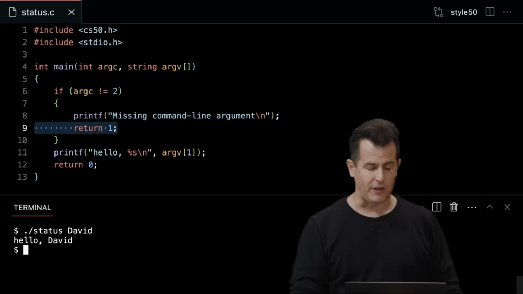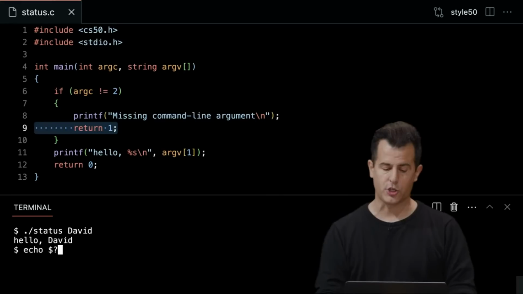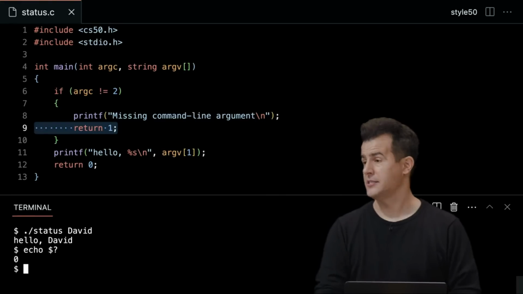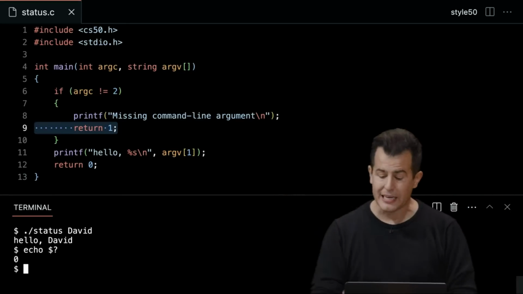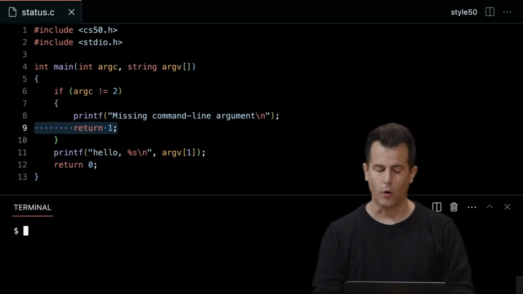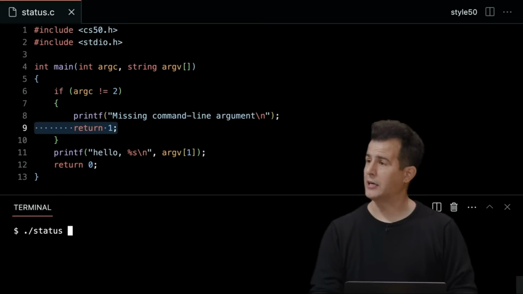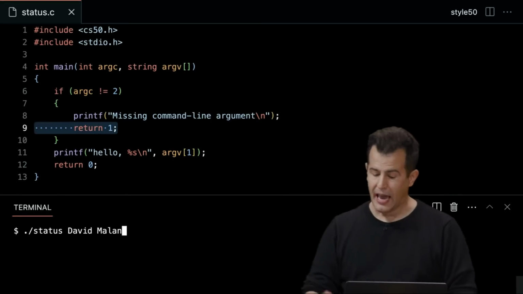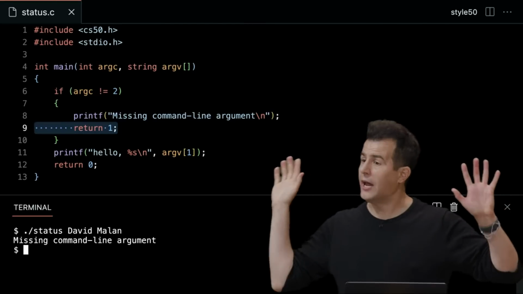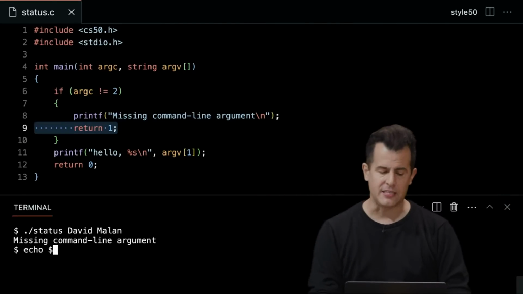So if I do this in VS Code, I can do echo $? Enter, and there's that secret 0. I could have been doing this this week and last week. It's just not that interesting. But it is interesting, or at least marginally so, if I rerun status and maybe I don't provide a command-line argument, or I provide too many. So argc does not equal 2, and I hit enter, I get yelled at with the error message, but I can see the secret status code,